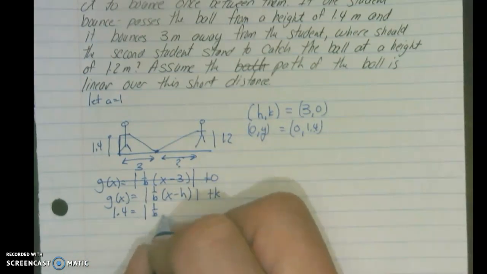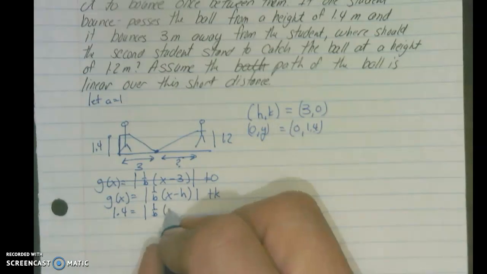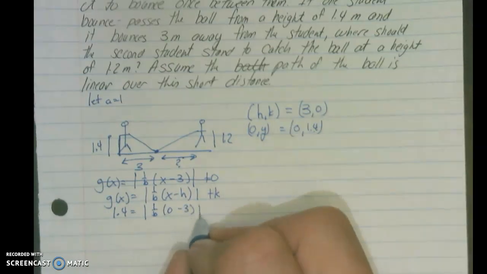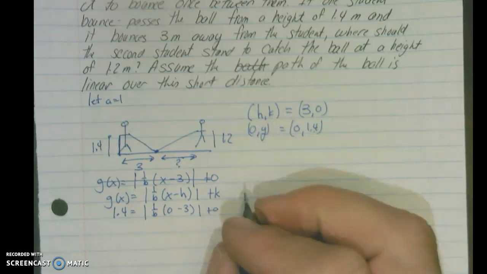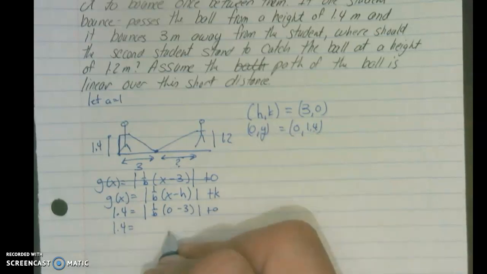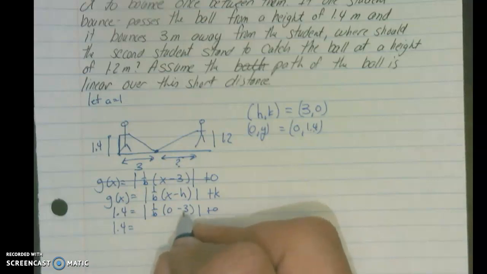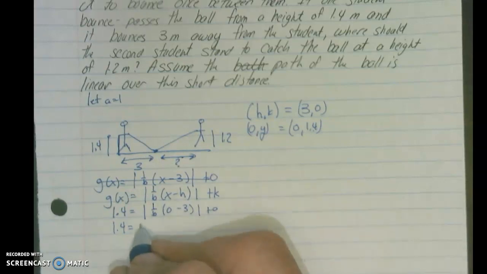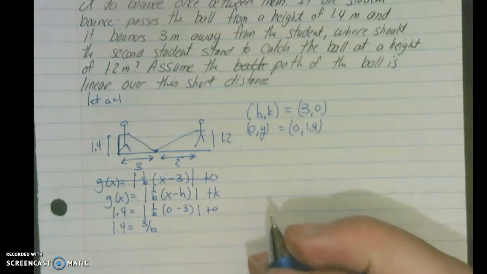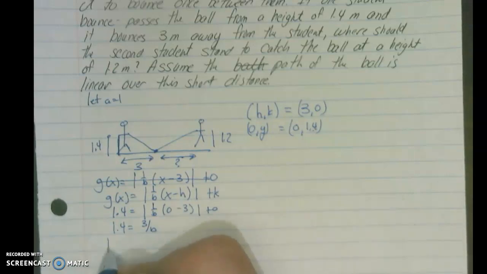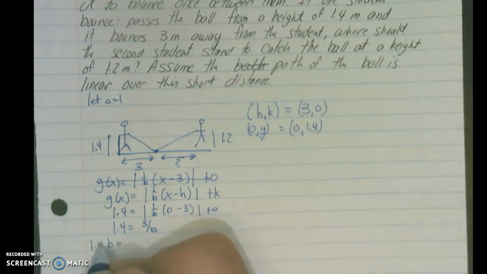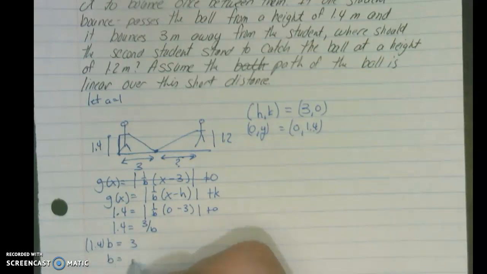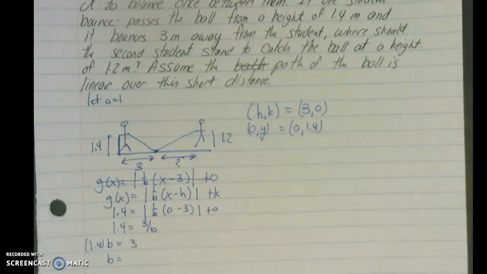We're working for our b. x is 0, h is 3, and then k is 0. So 1.4. 0 minus 3 is negative 3. Negative 3 times 1 is negative 3 over b. Absolute value of that is 3 over b. Okay? So then I'm going to multiply by b, and I'm going to divide by 1.4. So then 3 divided by 1.4 is equal to